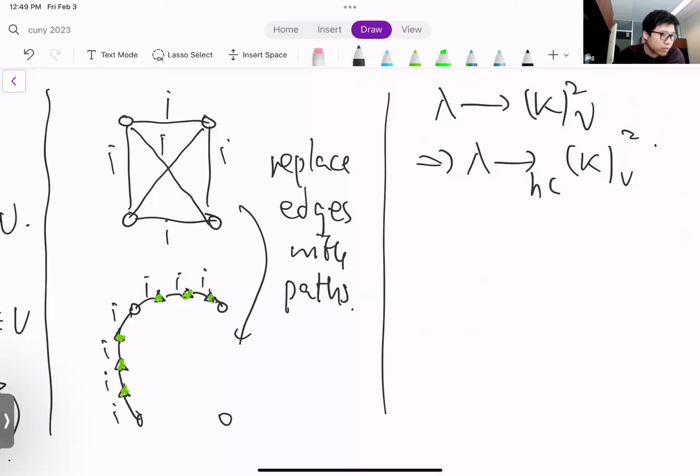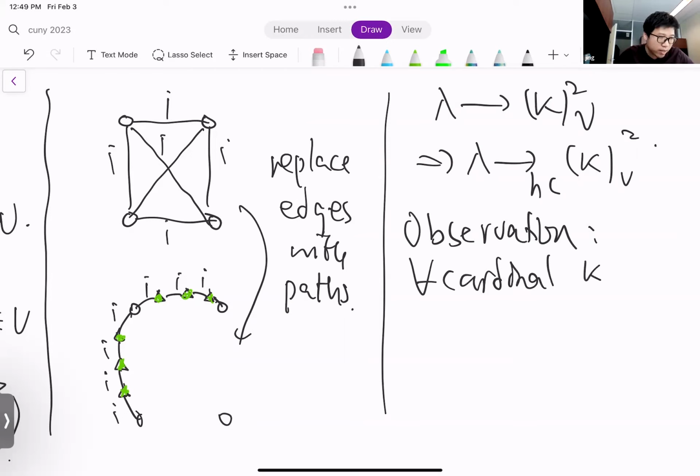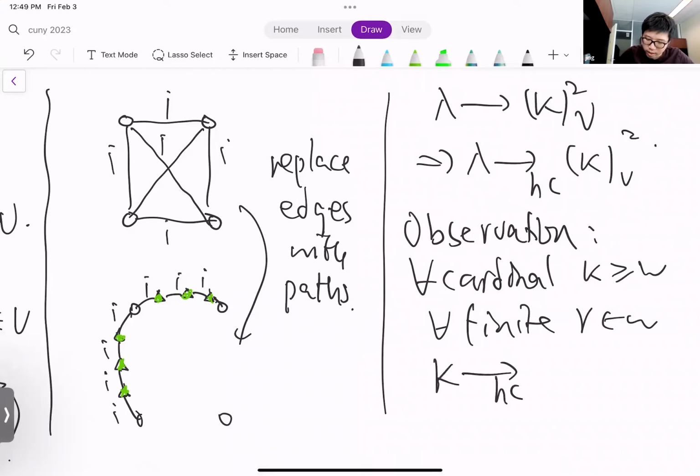Okay, so before I talk about where these partition relations come from, or some recent applications, let me give a simple observation just to get ourselves familiar with what this is all about. So the observation is that for any cardinal kappa, let's say greater or equal to omega, and for any finite r, kappa arrows HC kappa